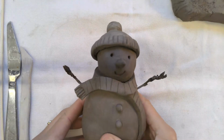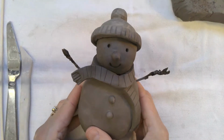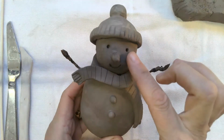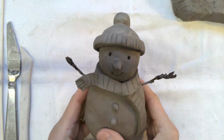Hi everyone, so we're going to make a snowman with this workshop, and you can see in usual Blue Peter style, here's one I made earlier. We're going to be using the pinch pot technique where the body and the head is made using that technique. We're also going to do that with the hat, and I'm going to show you how to then apply all